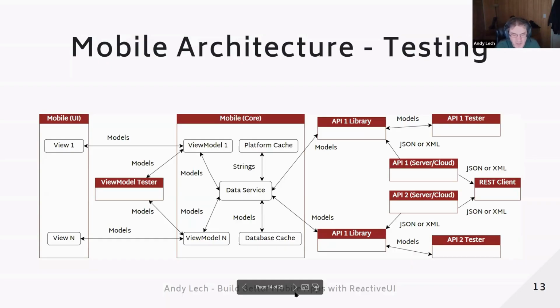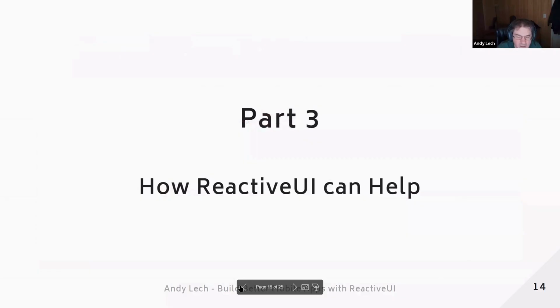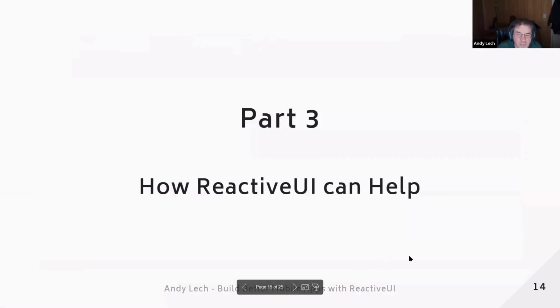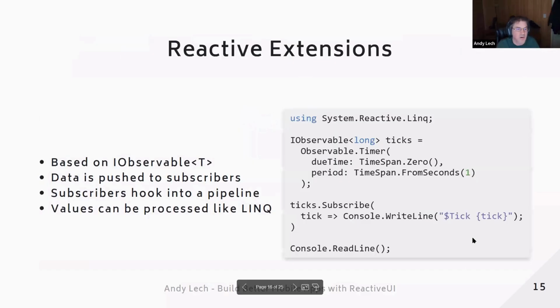All right, so we're going to talk more about this, but this is just the architecture of where I'm going. I should have mentioned that the Akavache attributes I mentioned will help with the database caching, and Refit, which I talked about for the HTTP client stuff, will help with the API library. But okay, so